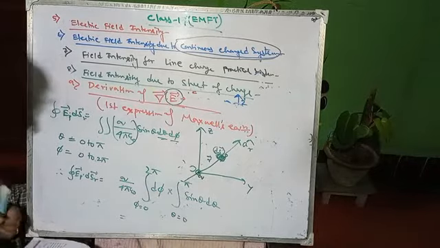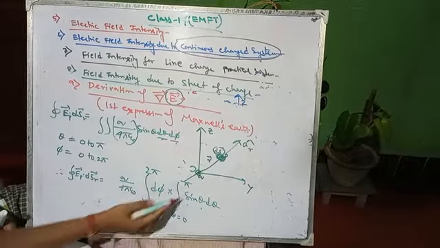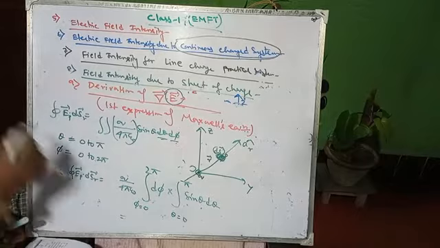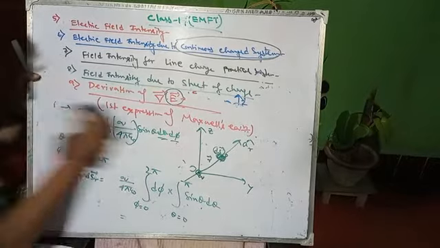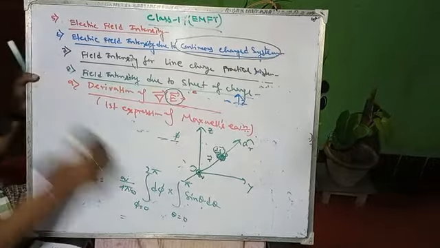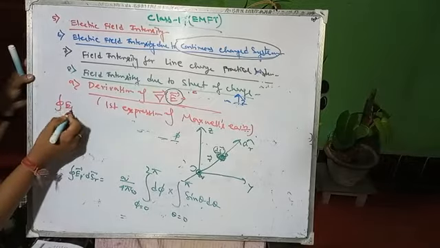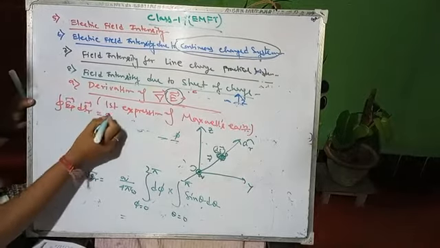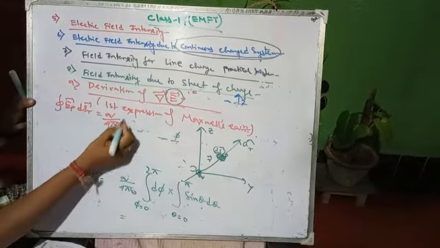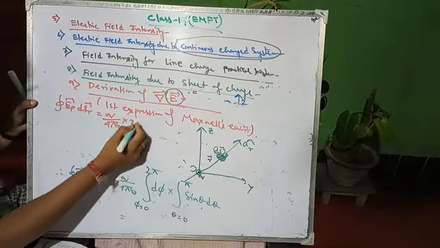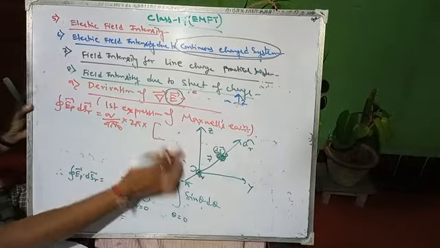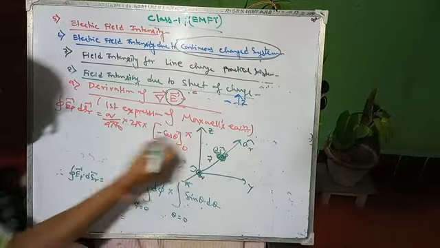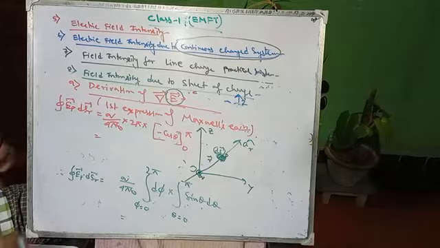It is very easy. After integration you get 2 pi over here, and from here you get minus cos theta, limited by 0 to pi. So your result will be closed surface integration of E vector dot dS vector equals q by 4 pi epsilon naught. From the first integration we get 2 pi, and the second integration we have minus cos theta from 0 to pi, so minus cos pi plus cos 0.